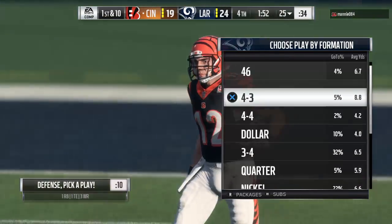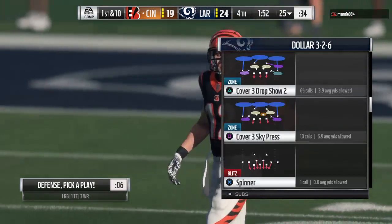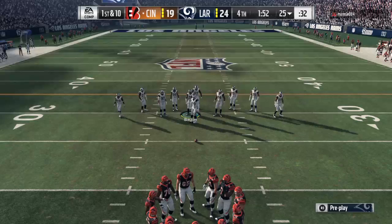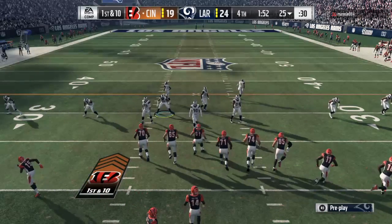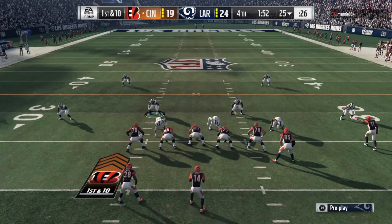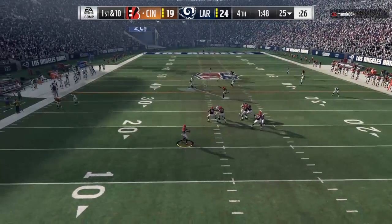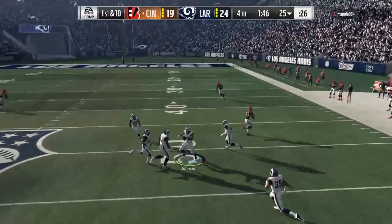We always hear about empty possessions, but some are worse than others. You can have an empty possession, punt the ball away, get yourself set to play defense, but when you turn it over, it changes momentum, and when they take it downfield and punch it in on you, that's a bad possession all the way around. Yeah, but you're hungry to get back out there, aren't you? You better be, because otherwise it's going to...